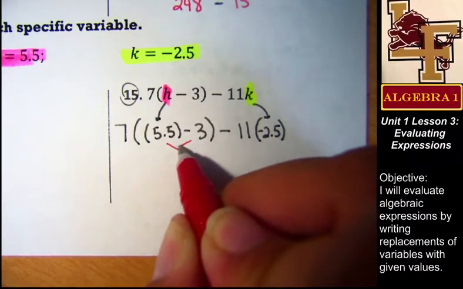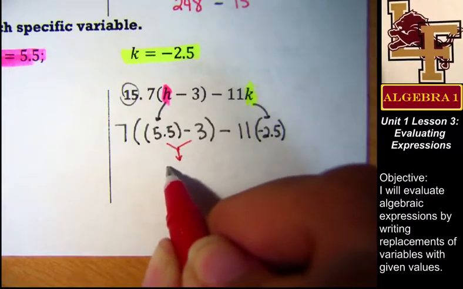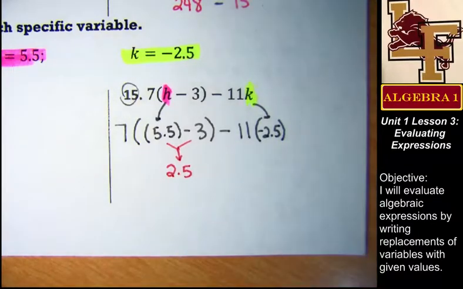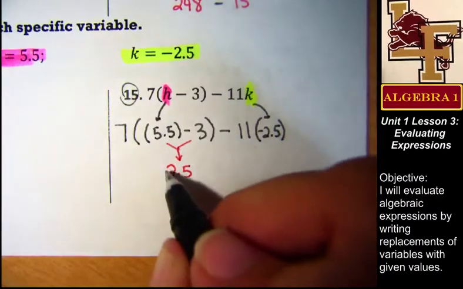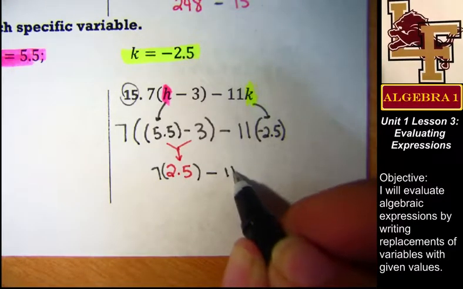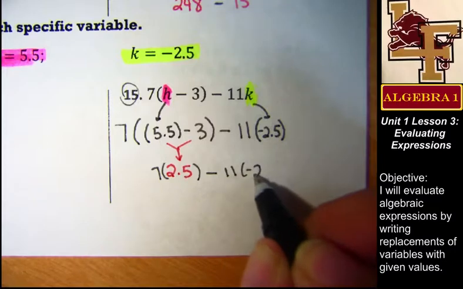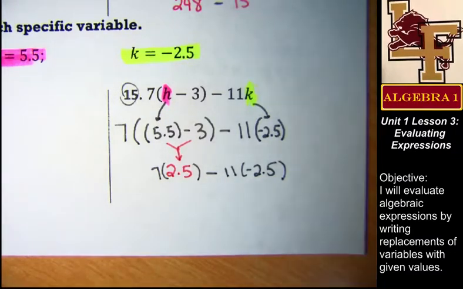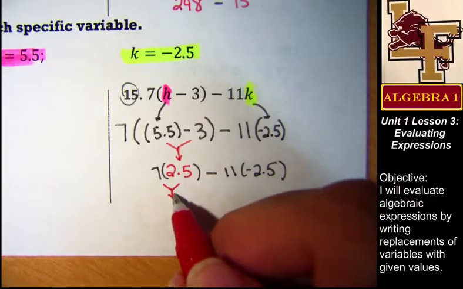I need to do this subtraction. So 5.5 minus 3 is 2.5. And I'm going to leave that alone. Okay, so now I'm going to do the multiplication. 7 times 2.5 is